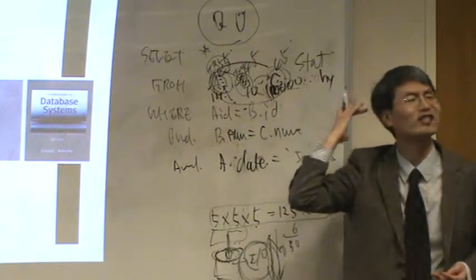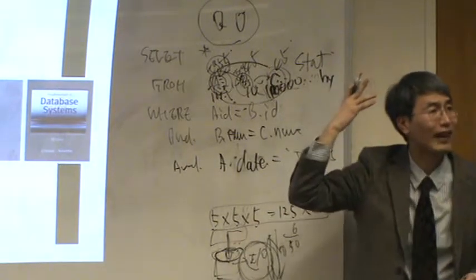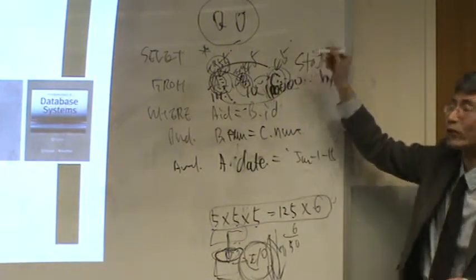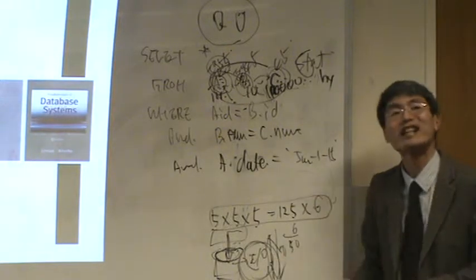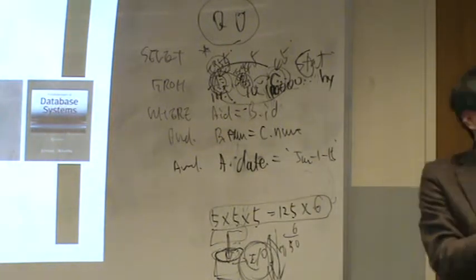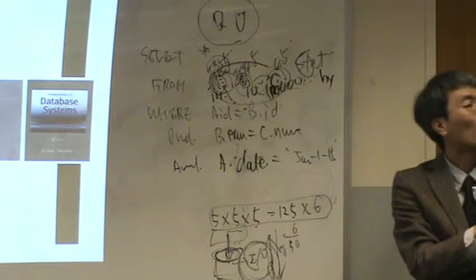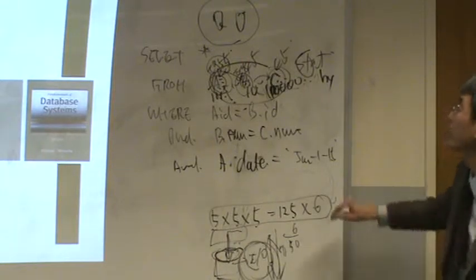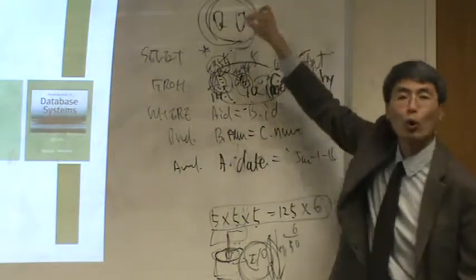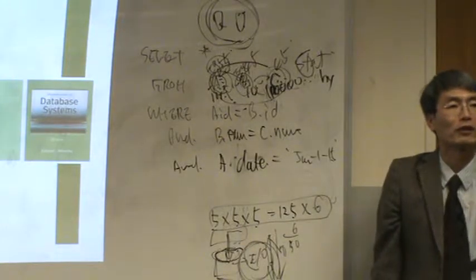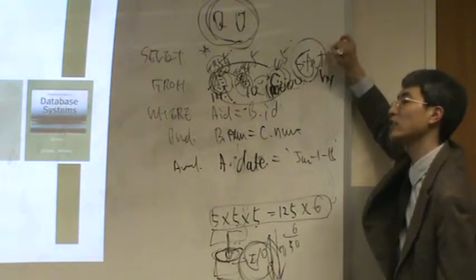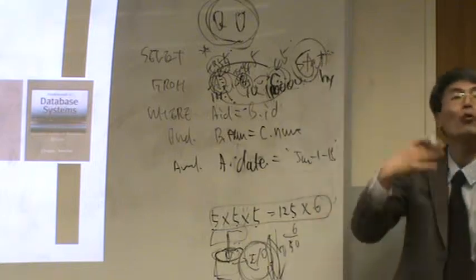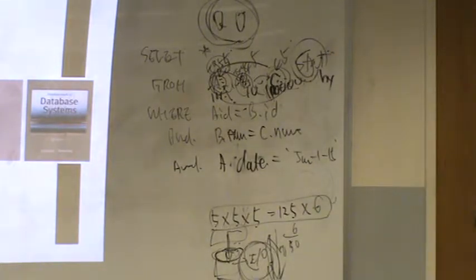It's educated. It's not a random guess. It's an educated guess, a statistical guess. So we can guess the number of IO instead of testing the real query. Okay, that is the main role of the query optimizer. Which means we need to have such statistical information before we run the query optimizer, right?